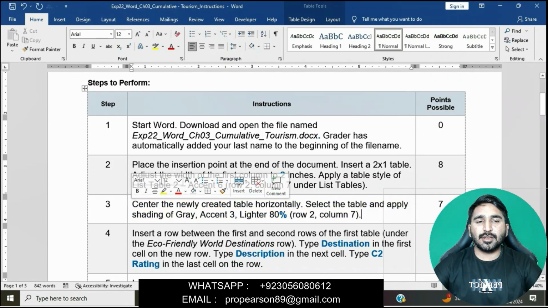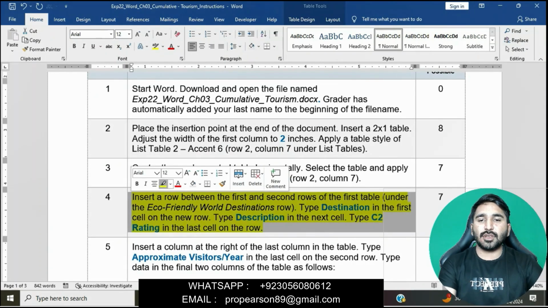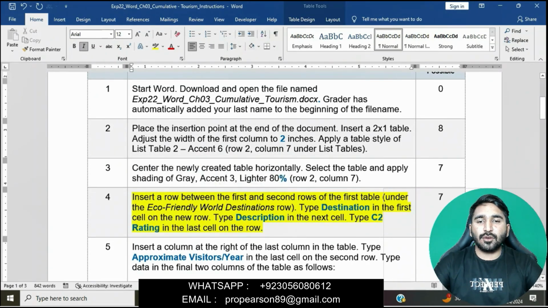Okay, I have done 3 questions. Right now, moving on to question number 4. In question number 4, insert a row between the first and second rows of the first table, the Eco-Friendly World Destinations row.